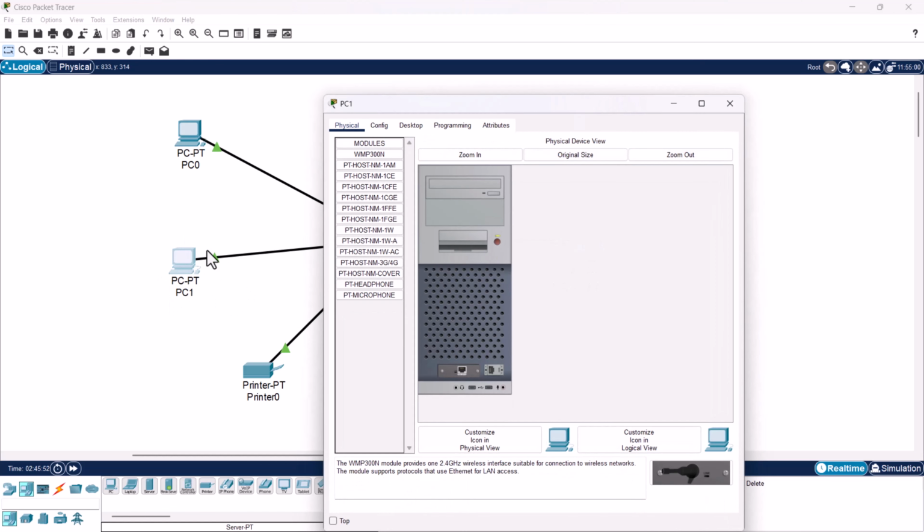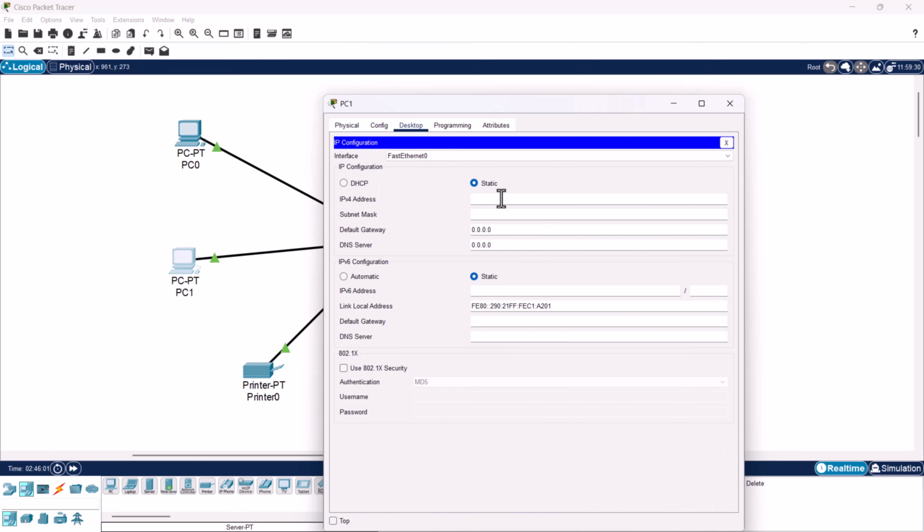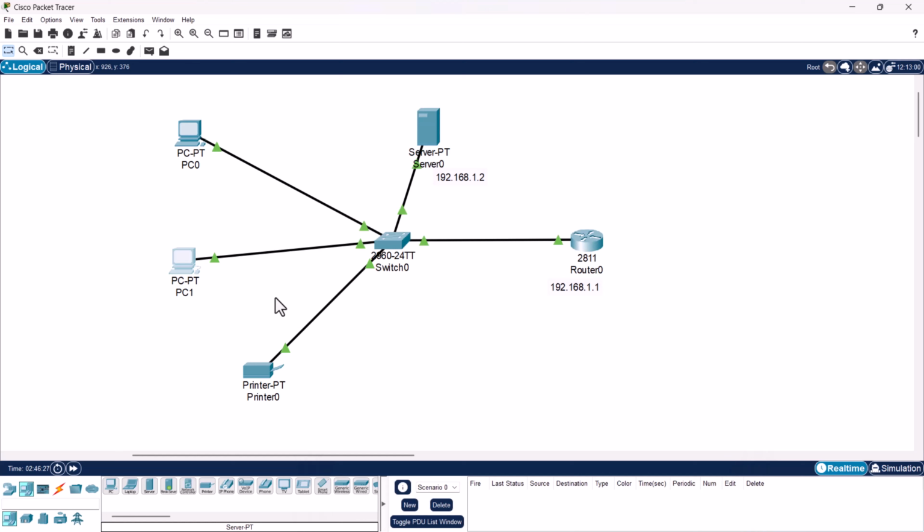And now we can do exactly the same. So let's click on our second PC, which is PC1. Click here into desktop. Let's click IP configuration, and this should end with .12. Let's select DHCP. So DHCP assigns IP address, and DNS server, as you can see, it's also assigned by DHCP server as it is in real time. And here we can see that IPv4 address is 192.168.1.12. So we have created this pool of IP addresses, and we reserved first 10 IP addresses for devices which we want to assign manually, or to create these static kind of IP or fixed IP addresses, like for router,